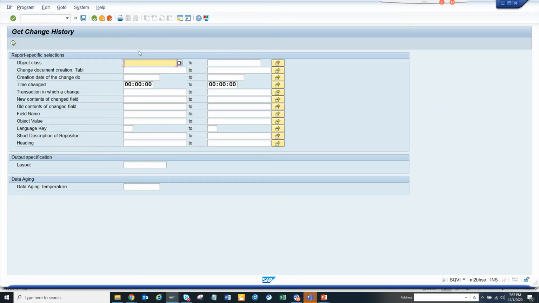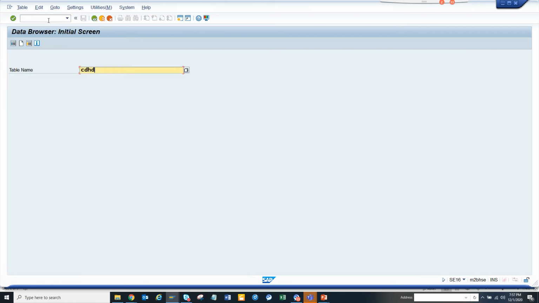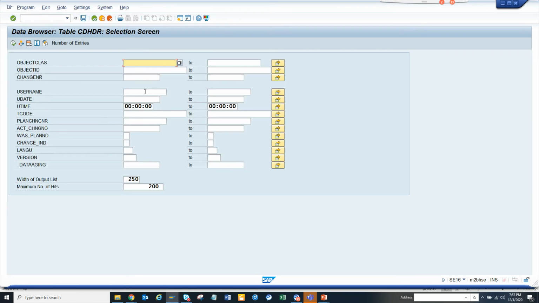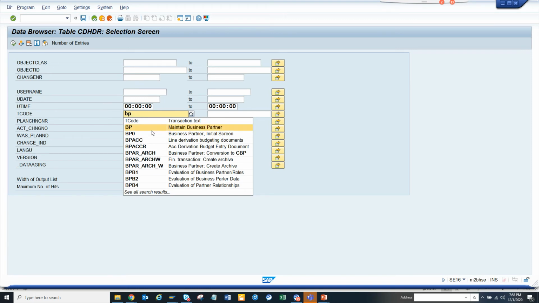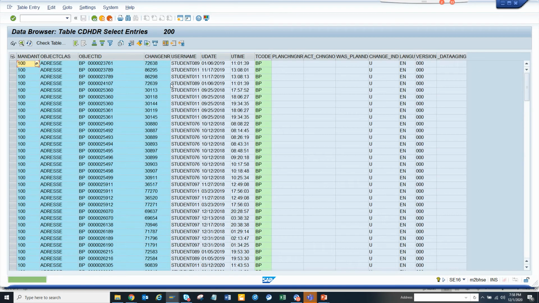This is a very simple way you can find who is the naughty person here. I go to CDHDR and to the BP transaction, BP maintain business partner, and execute.